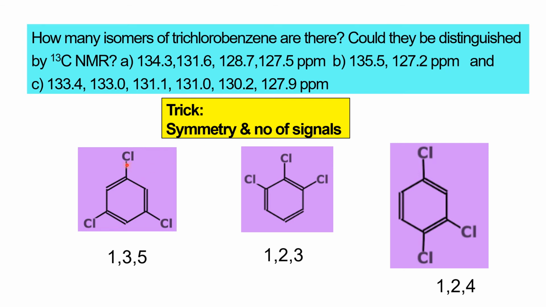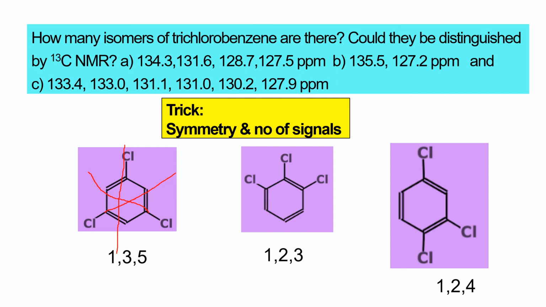See the symmetry here. If you draw the symmetry structure for this, I'll take the pen. You draw the symmetry structure for this and this. This is similar to that side. Okay. And see here also, this way also. If you draw like this, this place is symmetric to that place. And if you draw in this way also, my drawing is not that good, I cannot draw properly, but just for understanding, I'm drawing like this. If you draw like this, this side is equal to that side. So all the sides are equal, okay, symmetry. So if you mark only these 2 carbon atoms, that is sufficient. Okay, all these are the same.